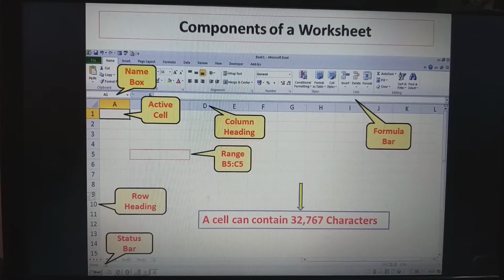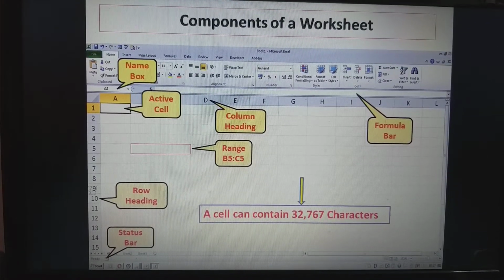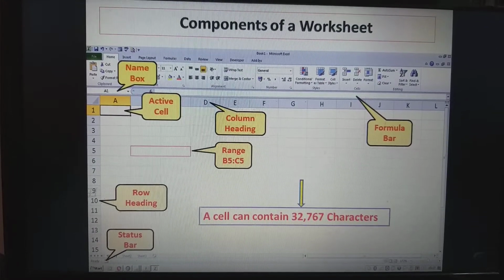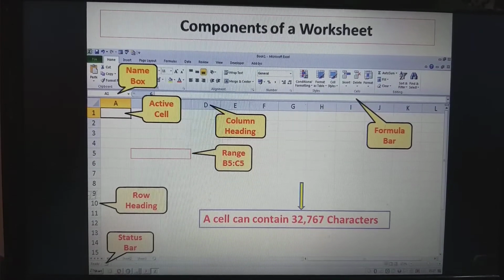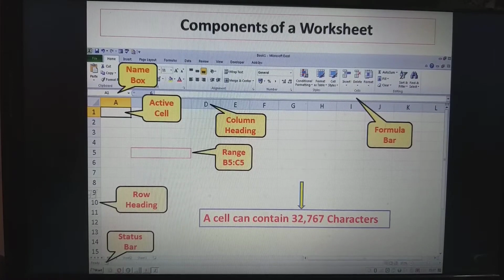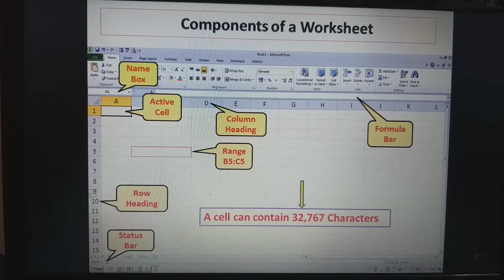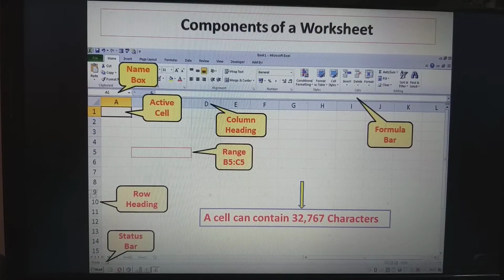Now see what are the components of a worksheet. Cell. It is the intersection of a column and a row. Each cell has a cell address. The cell address can be seen in the name box. Here, the selected cell's address is A1. Active cell. The cell which is selected is the active cell.